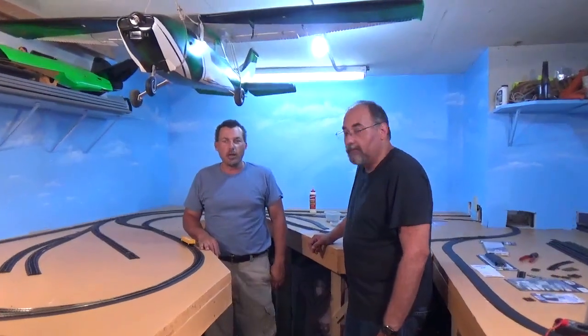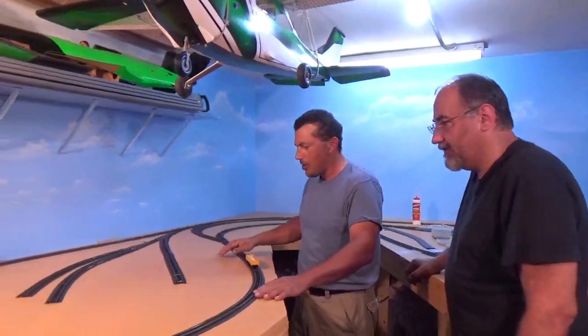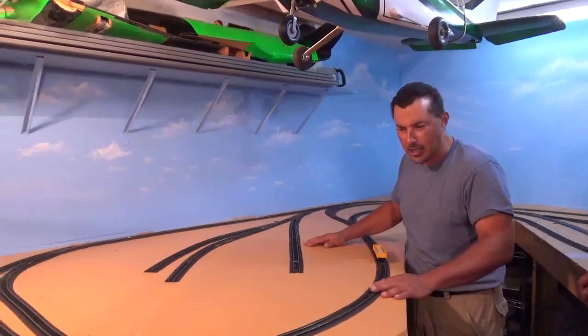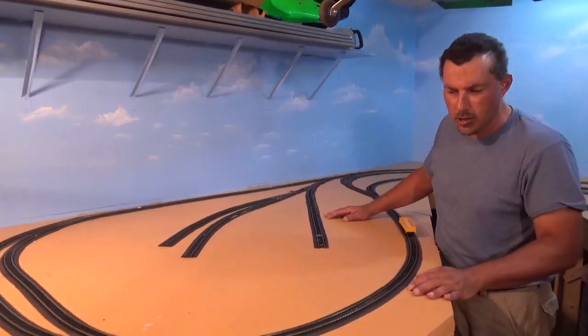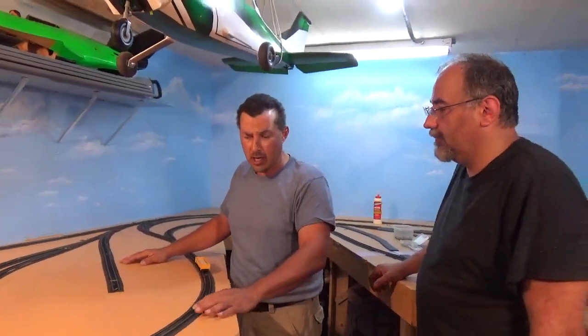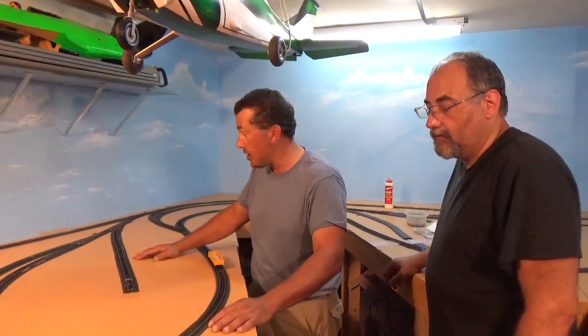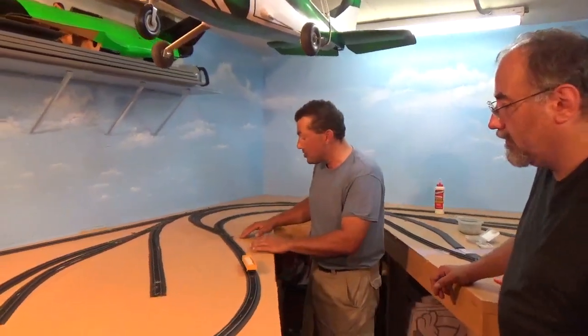Man, we are moving right along here, everybody. As you can see here, we got most of the track laid. This wood glue that we're using, the Titebond, actually it's pretty good stuff. It gets tacky quick, dries quick, and it's clear. Very nice. Come take a look at all this intricate